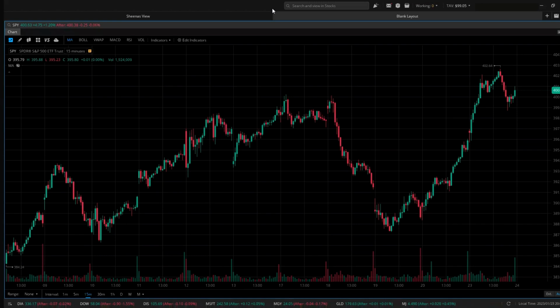Okay, guys, so today we are going to be in the Webull platform and we are going to be looking at what a stock chart consists of. This is really going to be for my newbies, my beginners who have either never seen a stock chart before or have seen one and didn't know what they were looking at. So I want to take this pretty much from top to bottom and go over all the important key factors of the chart so that you have a better understanding of what you're looking at when you're doing your technical